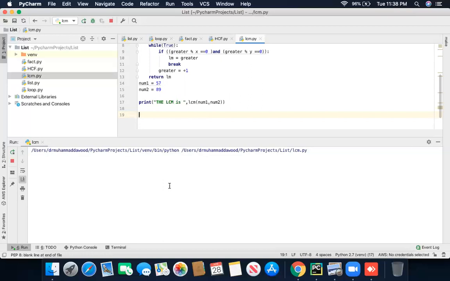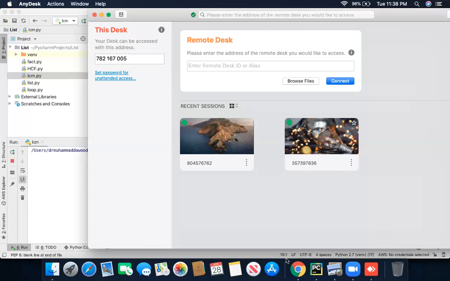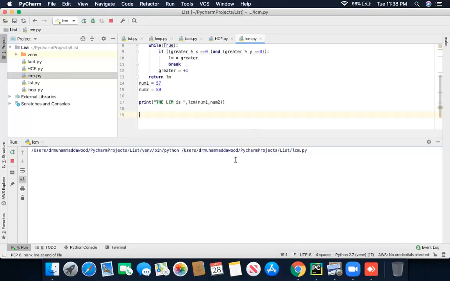No, it's showing me an error. What kind of error? It says invalid syntax. Okay, I'm going in. Oh, I got it. Okay, wait, no. It's still showing me an error. Okay, still you have an error. Yeah.